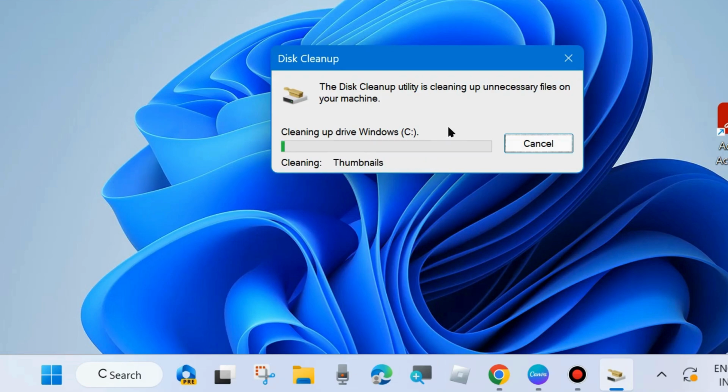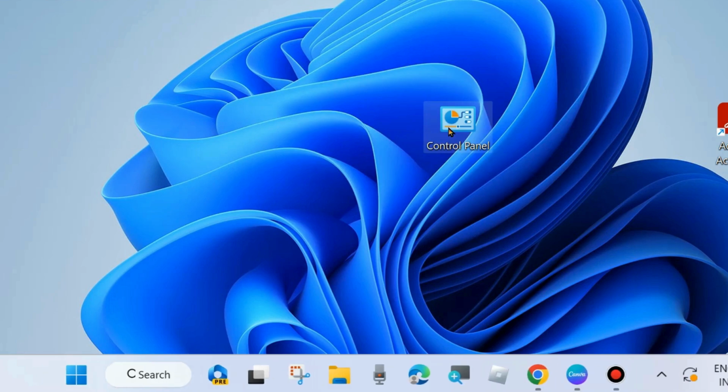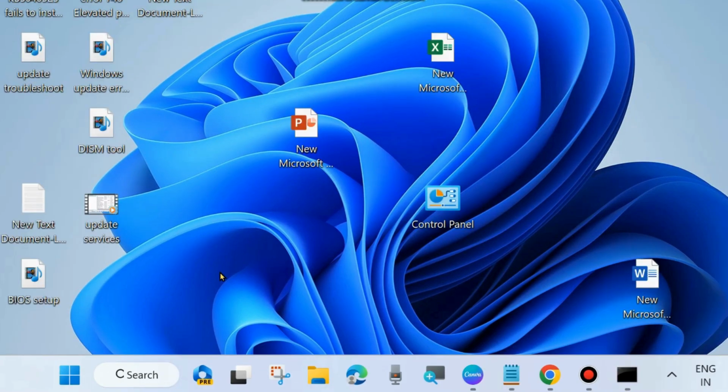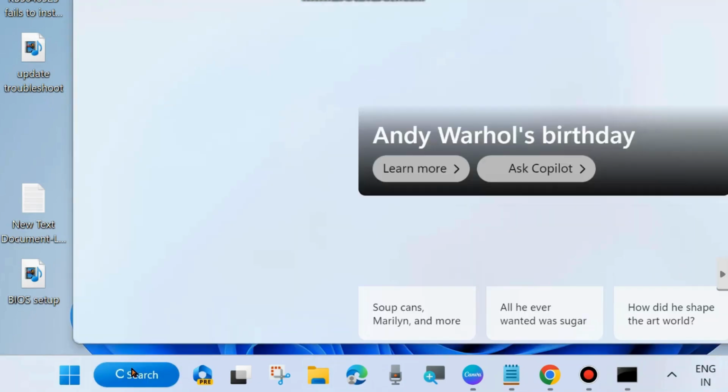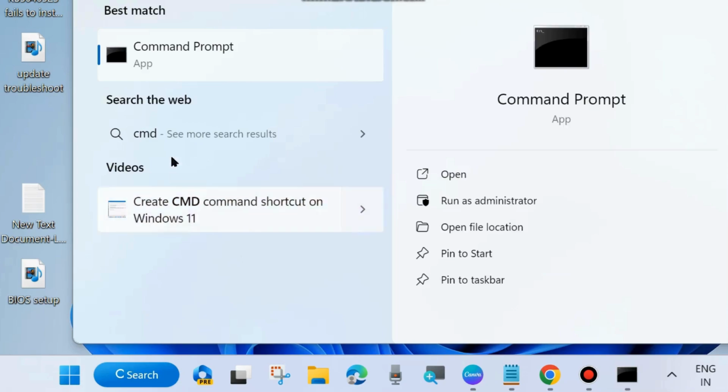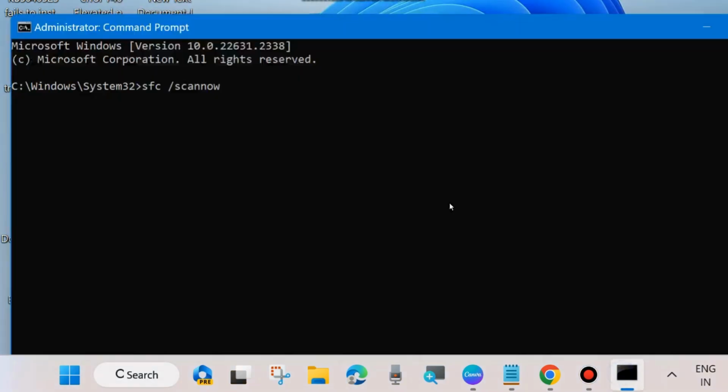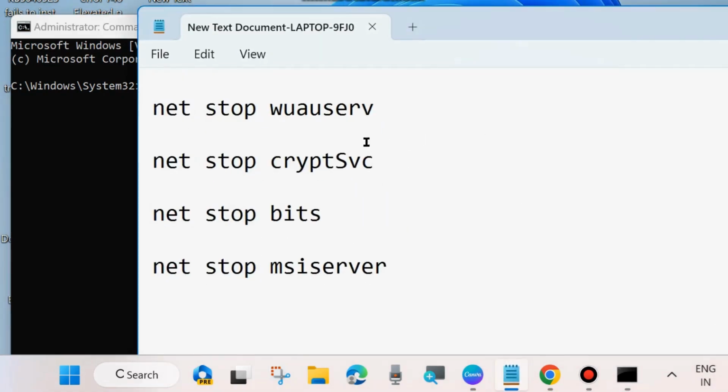And after that, close the window and check whether your Windows Update error code is resolved or not. If not, go to the next fix. Again, go to Windows Search and here type cmd and open Command Prompt window in run as administrator mode. Click on Run as administrator and in Command Prompt window execute these